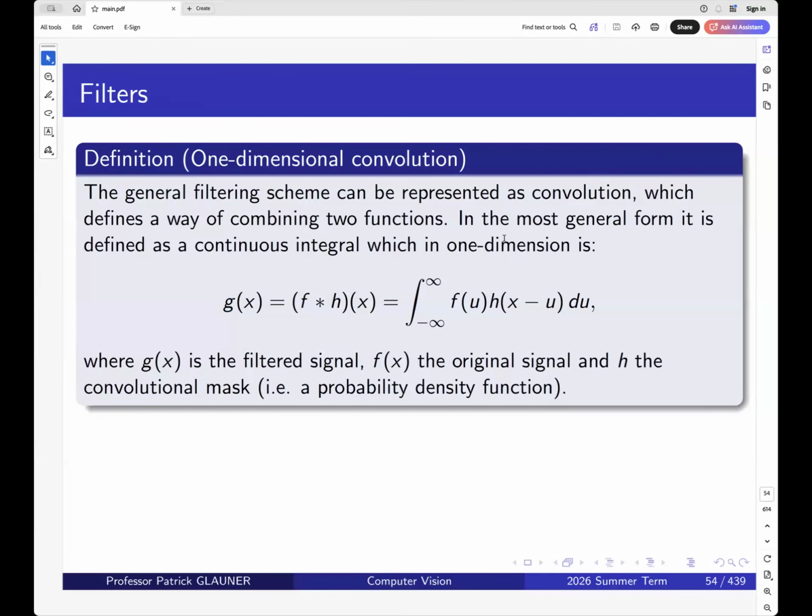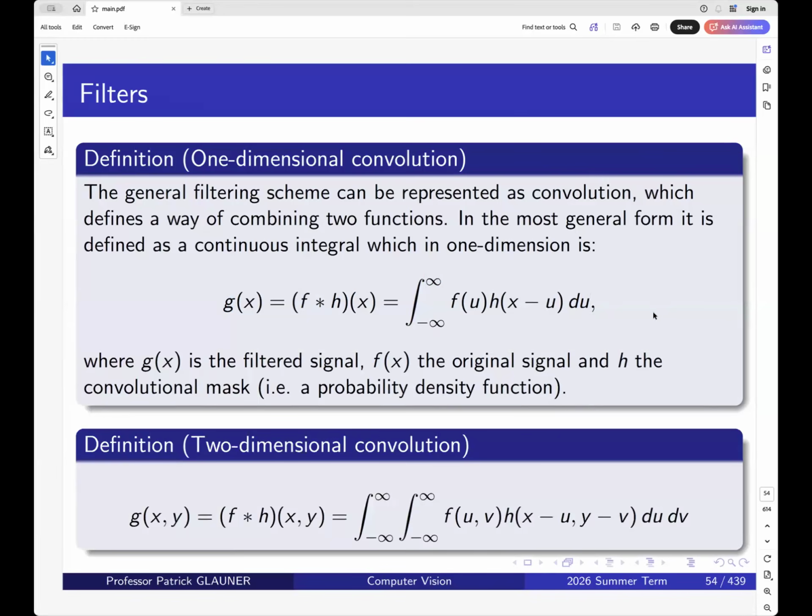This is not just in one dimension, so just an array. It's not a matrix yet. And these convolutions can be described as we have the original signal and we multiply it with our convolutional mask. But this is an integral from minus infinity to plus infinity and along u. Now, this can again be extended to a two-dimensional convolution because we are interested in a matrix and not